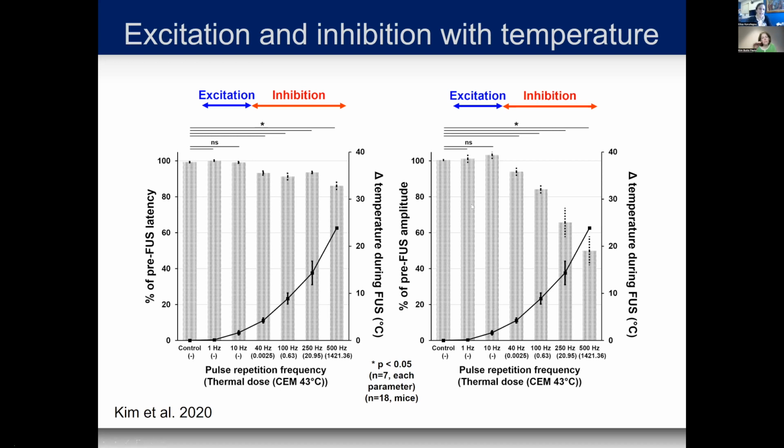Okay, but why does decreasing the latency, is that inhibitory or stimulatory? In this case, this is a good question. I think this is an inhibition based on the amplitude, and then we will see what happened. The latency is a result of the amplitude decrease, and we will call this the inhibition zone based on the amplitude decrease. But in the latency aspect, maybe that wasn't exactly